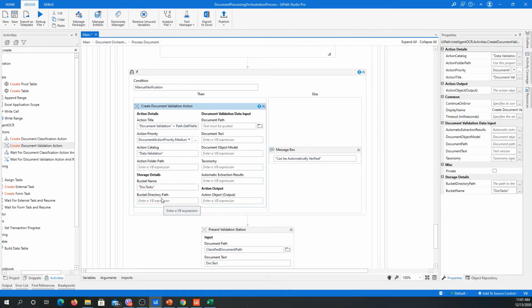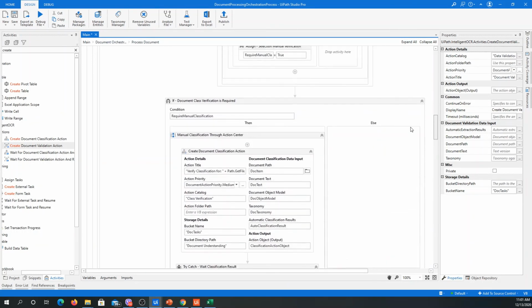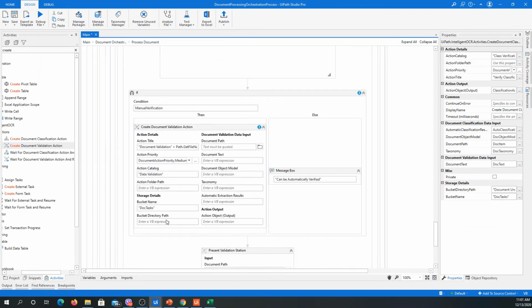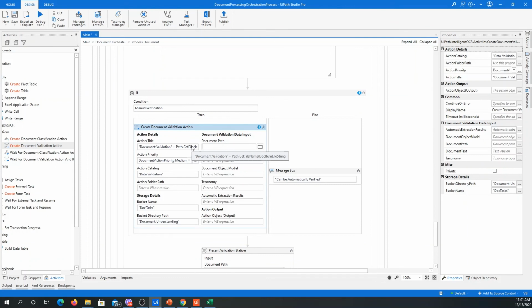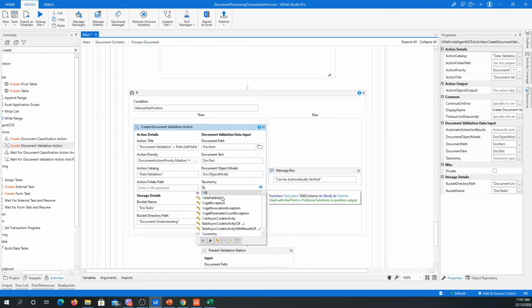And the bucket directory path again is the folder path. So since I have it configured in the classification, I will use the same. And here we can give the folder path. It's the doc item for the document object model, the taxonomy,